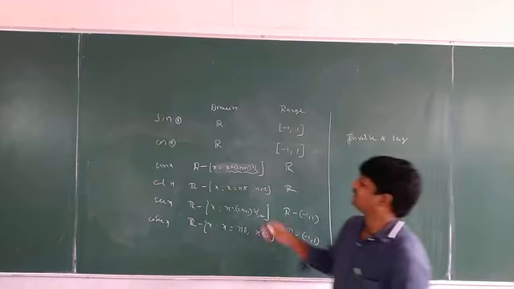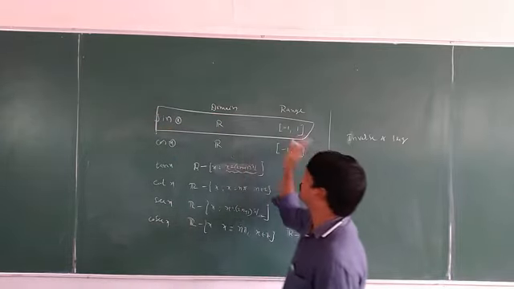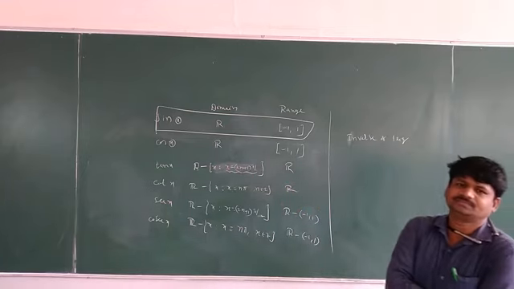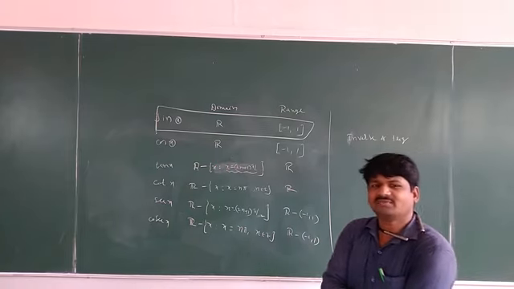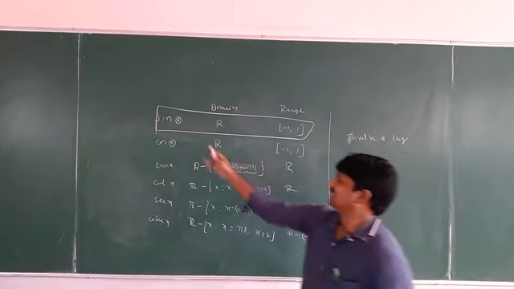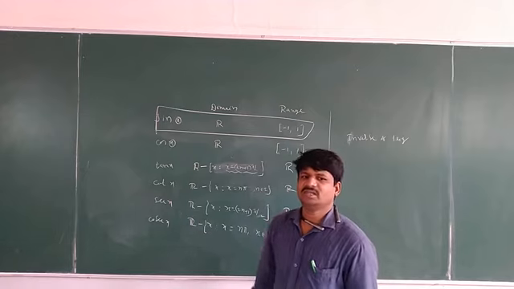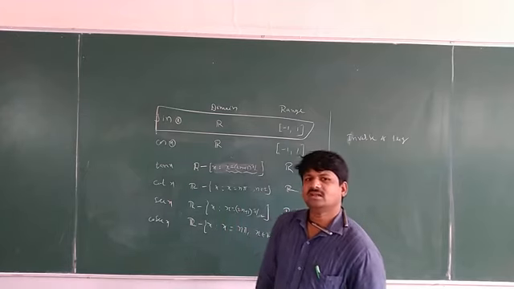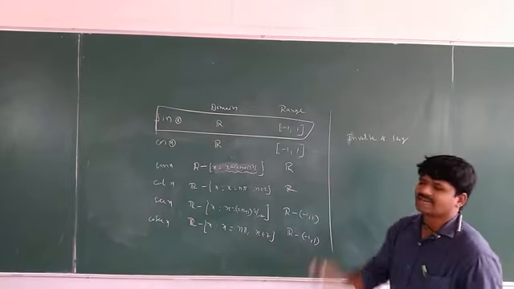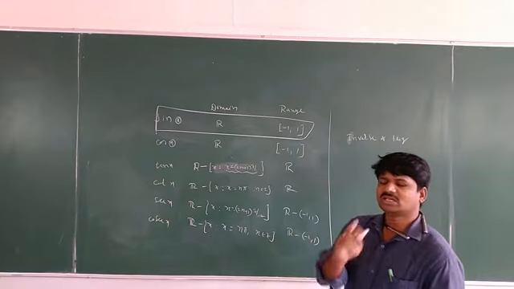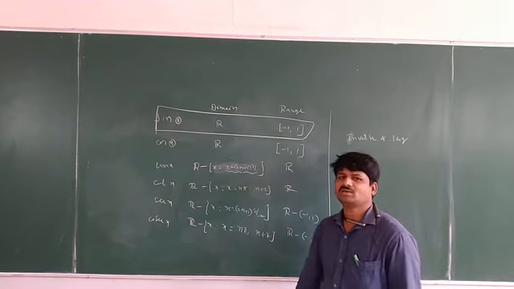Now we have to verify whether this sin x function from R to minus 1 comma 1 is bijective or not. Bijective means one-one function and onto function. Compulsorily this sin x function must be one-one and must be onto. If this function is one-one and onto, then you can say it is a bijective function. Yes or no? Yes. Now we have to verify whether this sin x function is one-one or not. We have to check one-one. No need to check onto; we will check it later. First we have to check one-one.